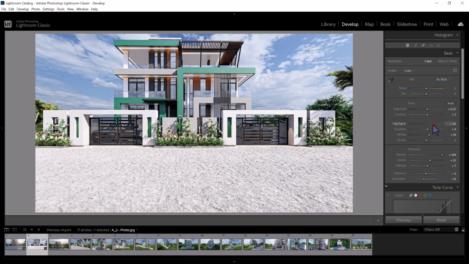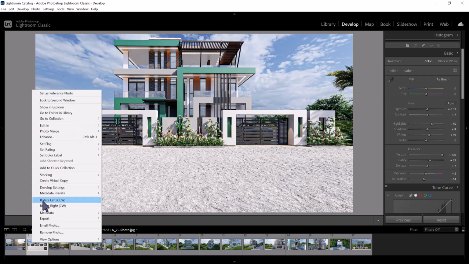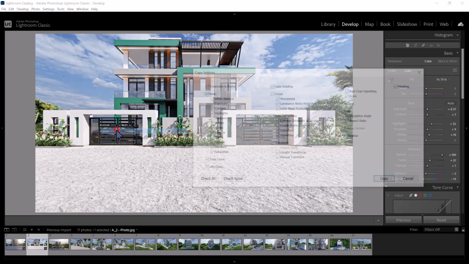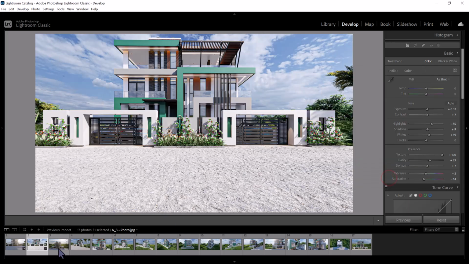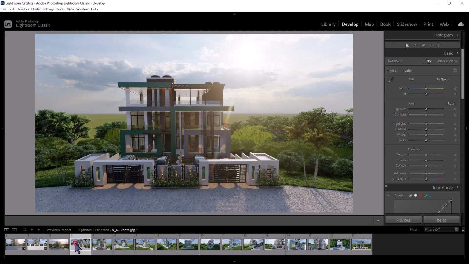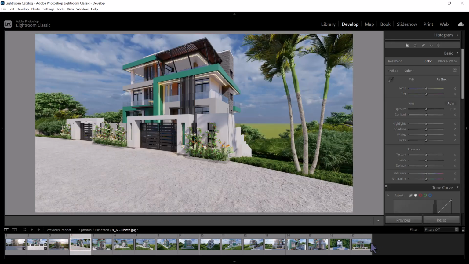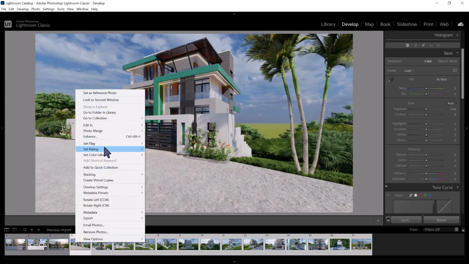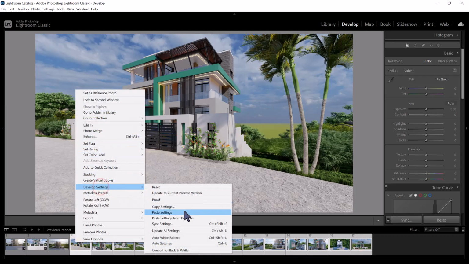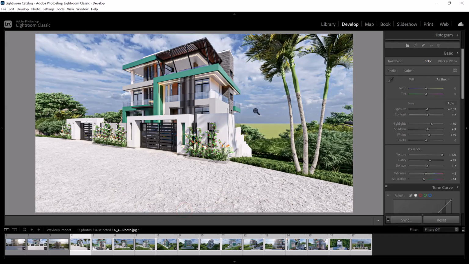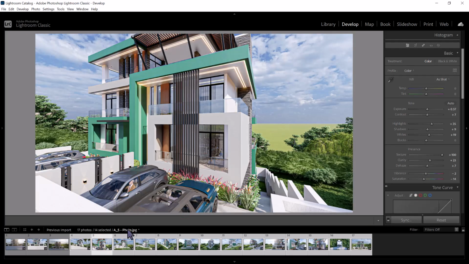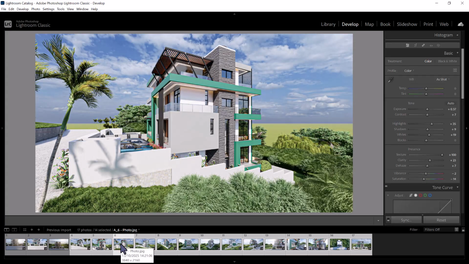you keep doing this, and then if I'm satisfied with these settings, I can just come here to develop settings, and then I copy the settings. You know, this is different. Let me just take these pictures from 4, holding shift up to 17, and then I come to the right click, develop settings, and then paste settings, same, you know. And then you can come back to one by one,